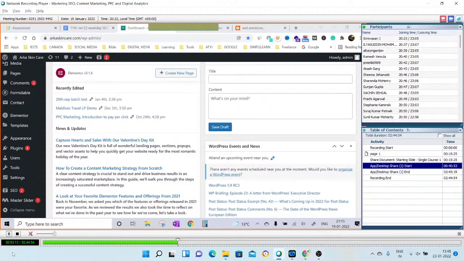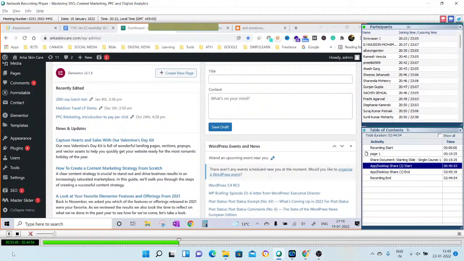WordPress is more used in these demos and trainings because most of the agencies, most of the growing sites and startups nowadays are going for WordPress or Shopify. And Shopify is specifically for e-commerce, so for other sites, people choose WordPress only. So you get a lot of hands-on and practical exposure. That's why we choose to give you demos on WordPress. Otherwise, you can make it anywhere and just follow the same steps.